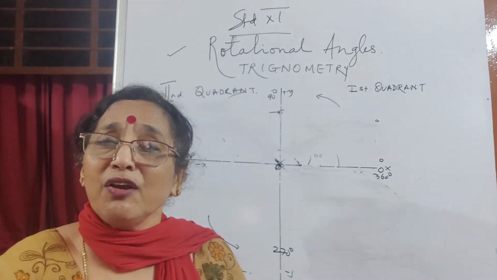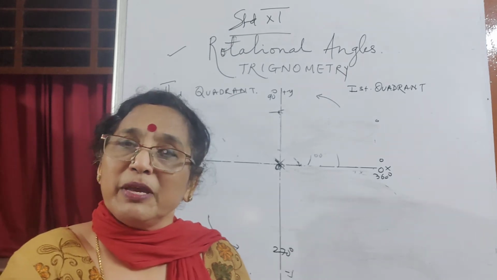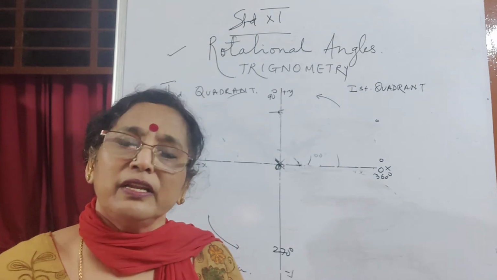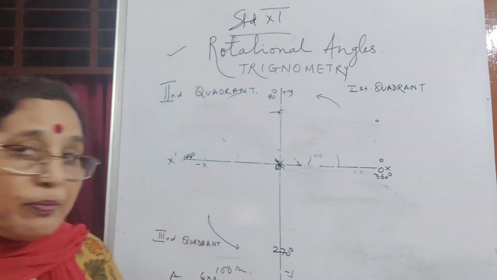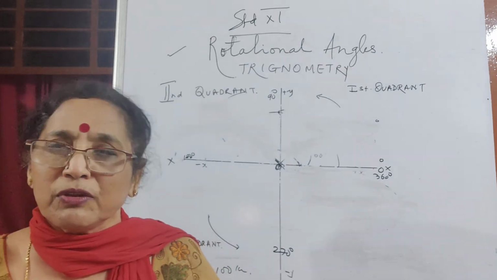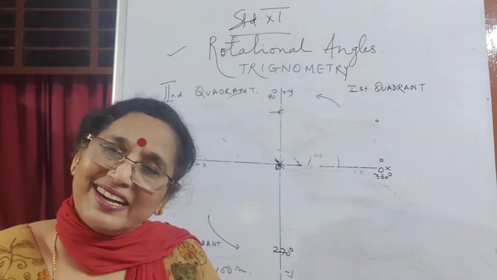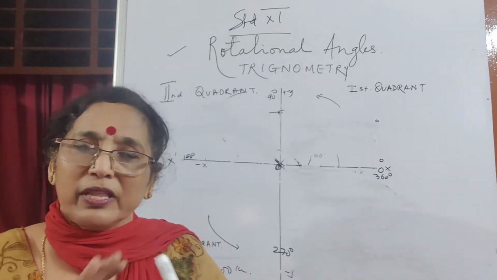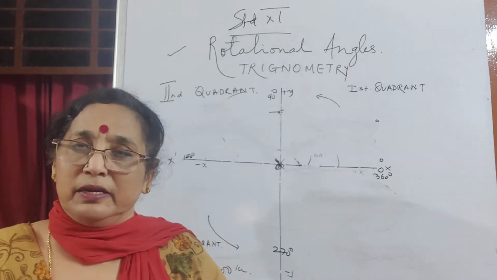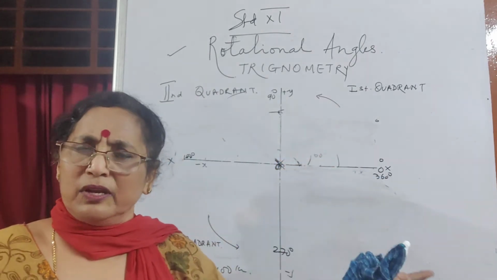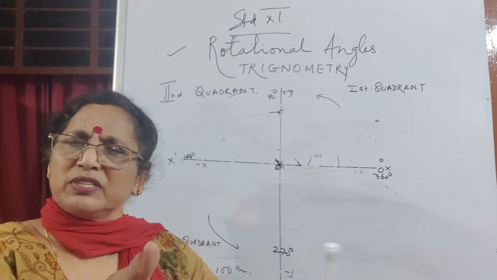Right? Meaning of rotational angle. This is the beginning, the first chapter in trigonometry, after all that you have done up to 10th. Up to 10th you have done how to find T ratios of acute angles, and you have done standard angles. And you have done sine is P by H and cos theta is B by H, all that. Knowing all that, okay.